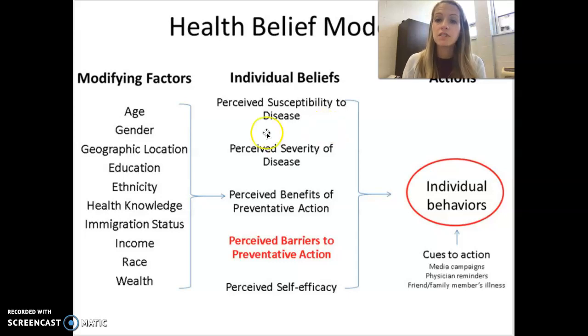They perceive the severity of the disease. They realize that there are health consequences if they don't change their behaviors. They also note the perceived benefits of preventative action. So they understand that exercise is important and it's good and it can keep you healthy and reduce your risk of heart disease. They perceive that there may be barriers to this action. However, they have a self-efficacy that they can overcome the problems or the barriers. And this all leads to those individual behaviors. This is what springs them to action.